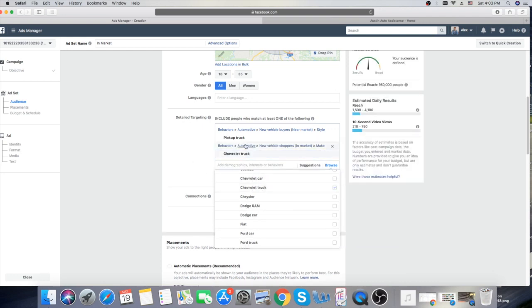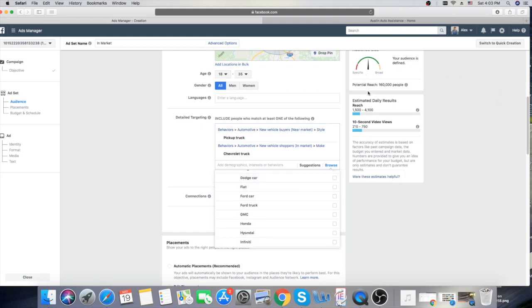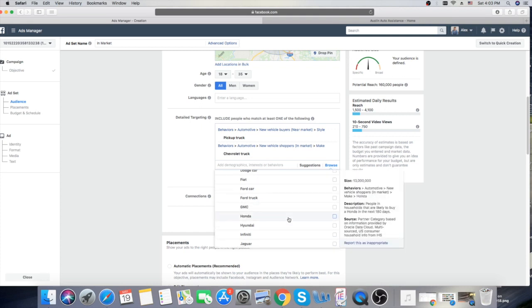Okay, so now we have two of these options. As we see, our potential reach is 160,100 people in this area that are in our targeting market. So these are two options that we're going to use. But I will also show you right now how we can go even more specific, because this audience is too broad for just one car that we're going to sell. I want to show you how to go more specific and